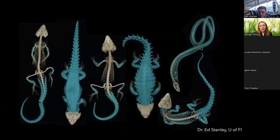So, and then one of the really popular studies that came out was from Dr. Ed Stanley, who's now down in Florida. He was looking at lizards from the south of Africa and looking at the distribution of what you see in teal here, which is not the skin, but it was the bony armor plating that is just underneath the skin. So these are also called osteoderms. And the distribution of these is informative to